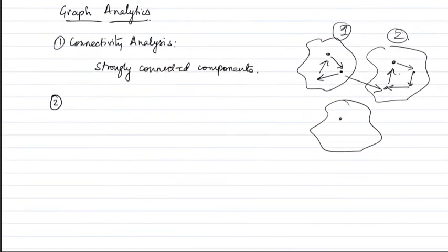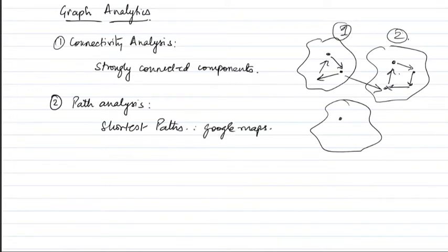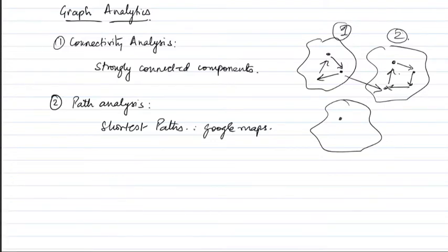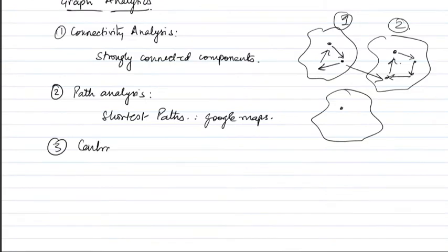Okay. Then there are problems around path analysis. So for instance, the most important problem is shortest paths, finding shortest paths from source to destinations. Google Maps, we've already talked about traffic networks, right? Road networks. So they would use shortest path algorithms to figure out the shortest distances from some source to destination, right? Then there are problems around centrality analysis,